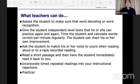For teachers naman, we assess the students to make sure that word decoding or word recognition. Okay? I-assess muna natin yung bata. Fluency ba talaga yung problema ng bata? That's why hindi siya marunong magbasa? Or maybe doon siya nagkakaroon ng problema sa vocabulary. Hindi naman talaga sa fluency. So as teachers, we have to make sure kung ano talaga yung problema ng bata at doon natin bibigyan ng